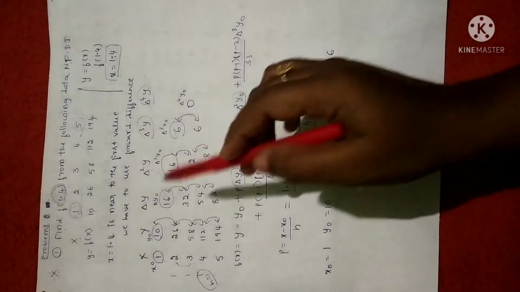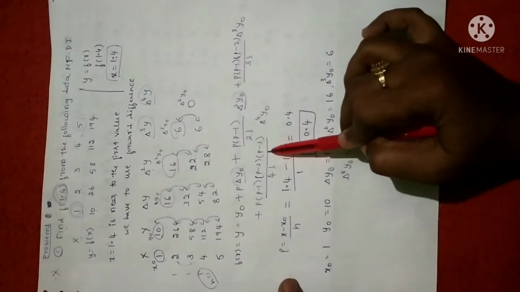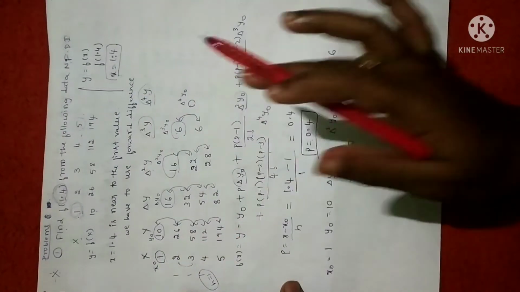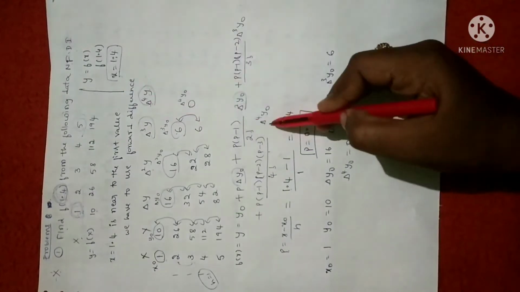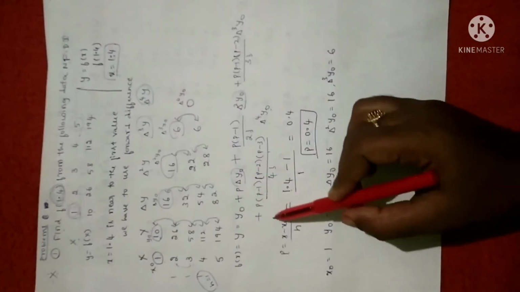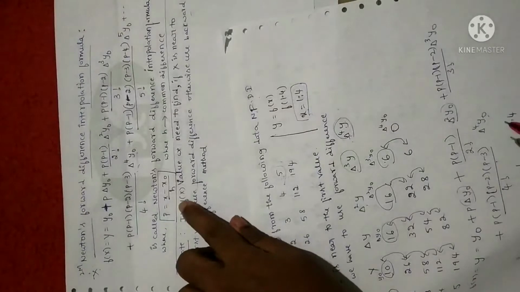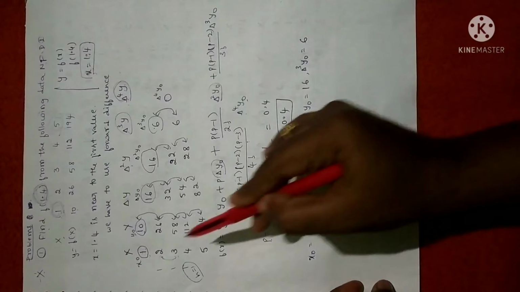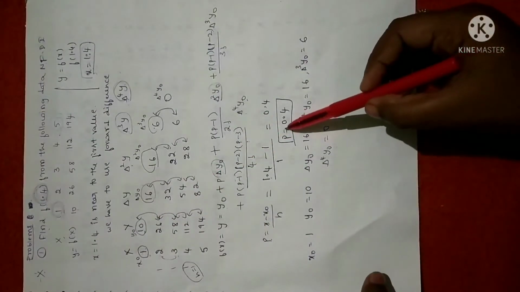First we need to construct the forward difference table. After that you have to write the Newton forward difference formula. So count the terms: 1, 2, 3, 4, 5. You have to use 5 terms in the formula, since we have delta power 4y, so up to delta power 4y naught you have to take. After that you have to find the p value using the formula. It is clearly given in the note point. Here I have given x minus x naught divided by h. X value is the unknown value. X naught is none other than the first value of x. H is the common difference here. So calculate the value of p.